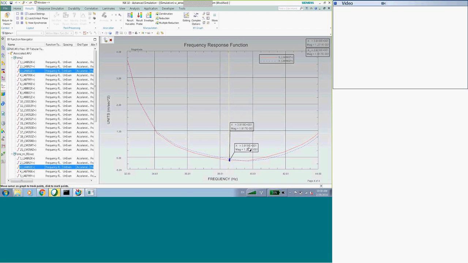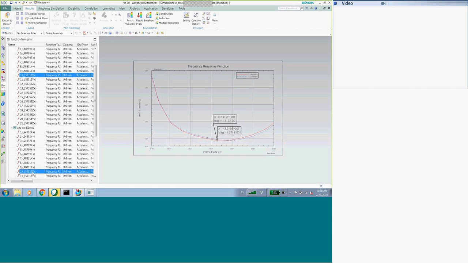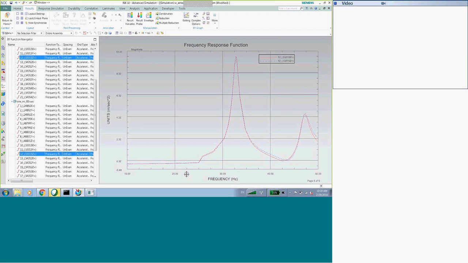Not really, you know, 1.2. So for this, there's not much difference. Maybe there's some more that have a difference. That looks pretty similar. Okay, well, there's a bit of difference here.